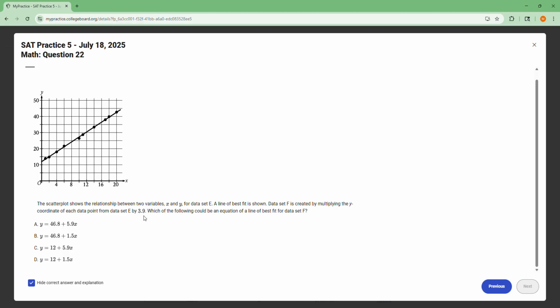What's the slope between these points? So when we multiplied all the y coordinates by 2, so the correct answer should be